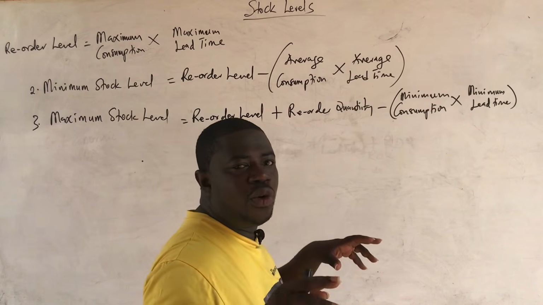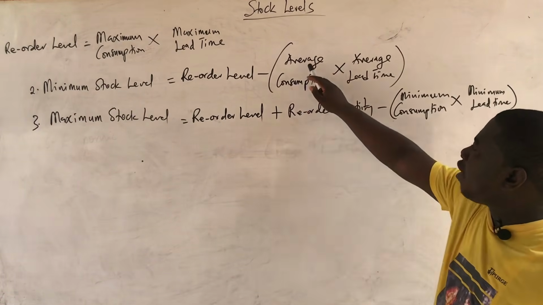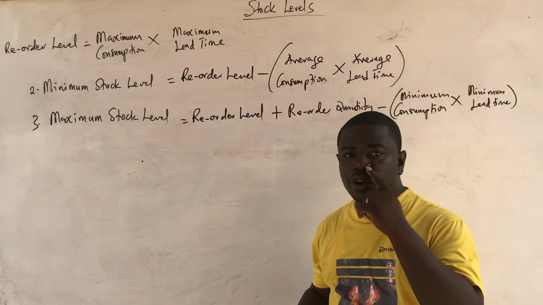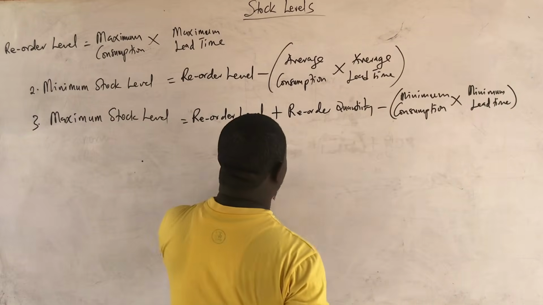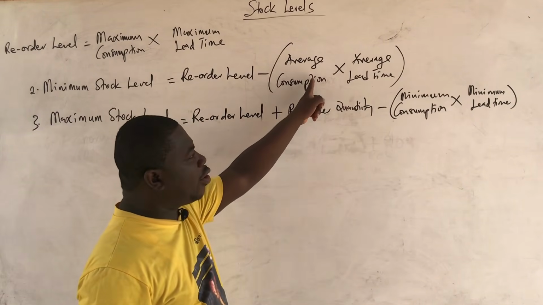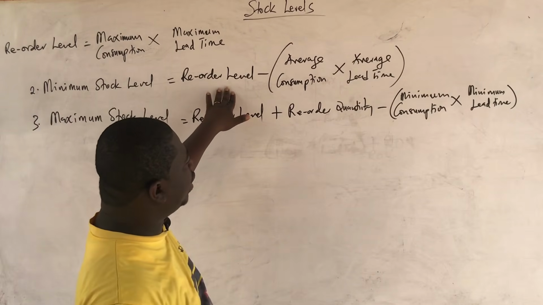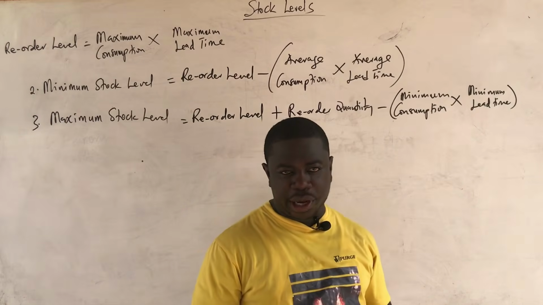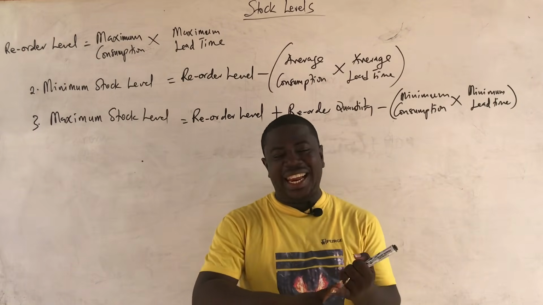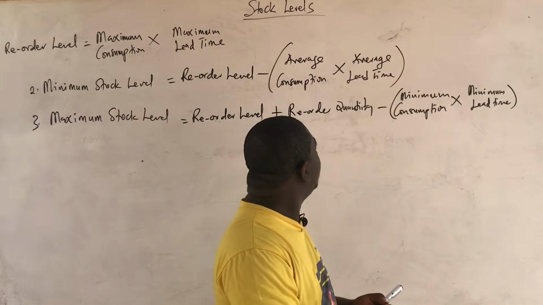Okay. Now, one other important thing I want you to also note is that this average that you see here, in most questions, average actually means normal. So instead of saying average consumption, they will say normal consumption or normal lead time. So the minimum stock level is the reorder level minus your normal consumption times your normal reorder period or lead time. Take note that lead time means reorder period, average means normal,